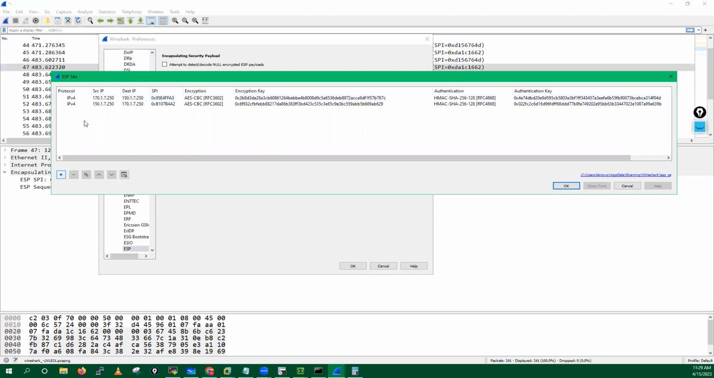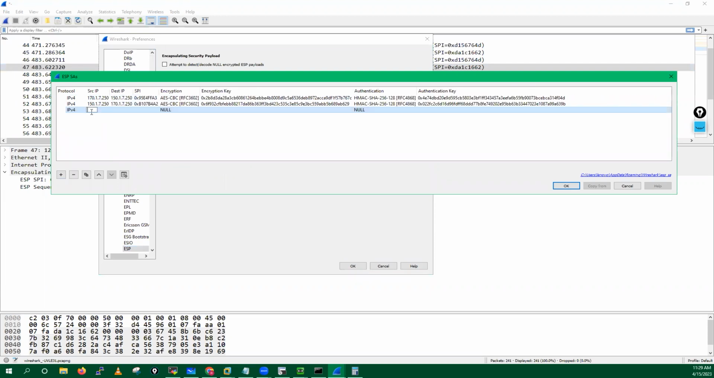You can just add your details. I'm not removing anything. I will define my source IP address as 171.7.250, then the Firewall 2 IP address, then the Firewall 1 IP address. Now I have to define the initiator SPI number. I have to define the SPI number in and SPI number out. So you can go here